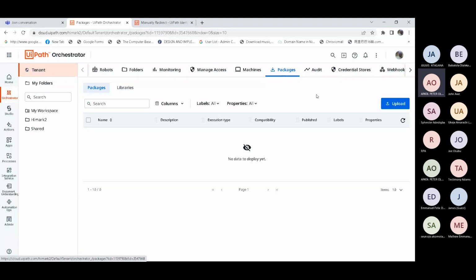So when you publish a file, it comes to the package. It is in this package that you can then add it to a process. All we have to do is create a process and add the package to that process. So for now, we have done that one. Let's now do what we call the queue. What is a queue? Like I said the other time, the queue is